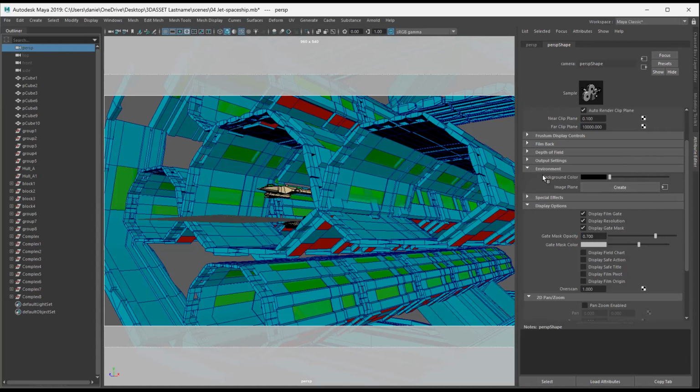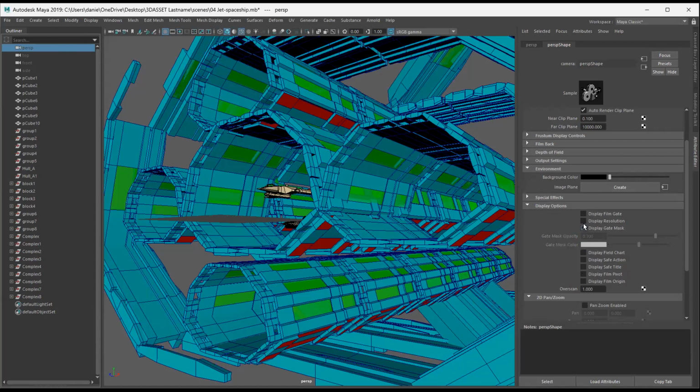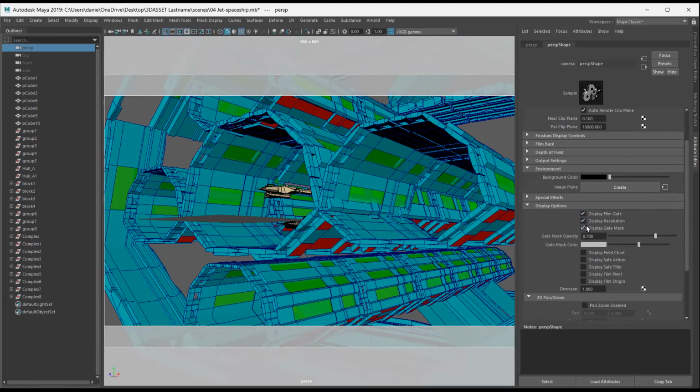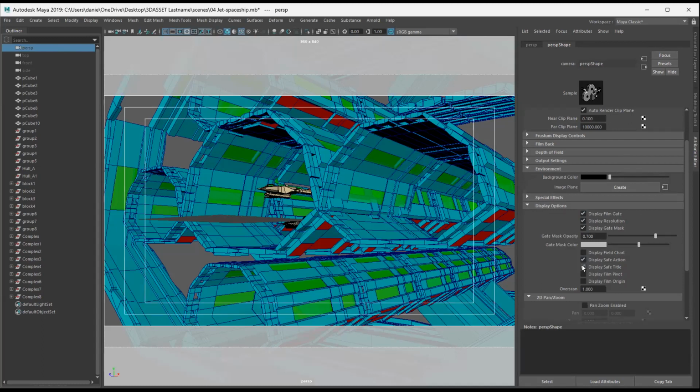Once you scroll down, look for display options: display the film gate, display the resolution, display the gate mask, turn on safe action, and turn on safe title so that you have a good idea of how the layout is going to work. So I would look like now, and then I would say now,